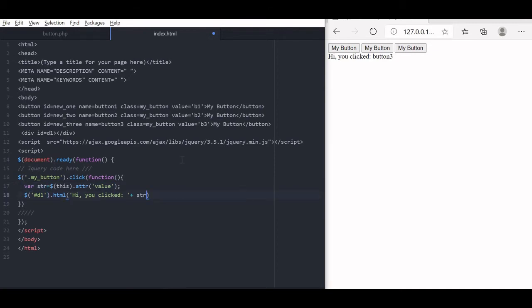Okay, I am saving this. You see all the buttons have different values. Yes, the value attribute is different here. Let me refresh this. My button, you can see b1, second one b2, third one b3. So like that I can extend the attributes also and can read the value associated with the clicked button. This is the advantage of using a common class name and using the button.